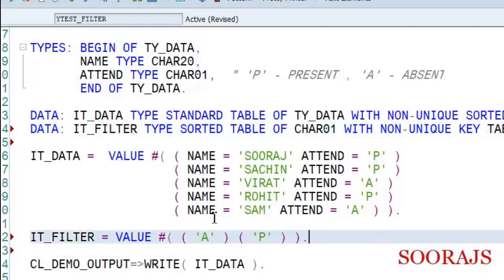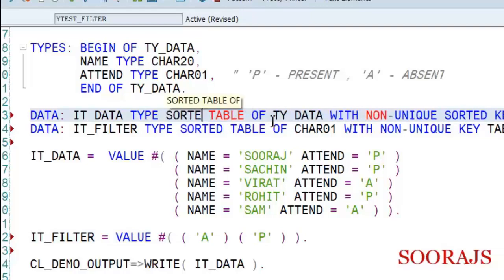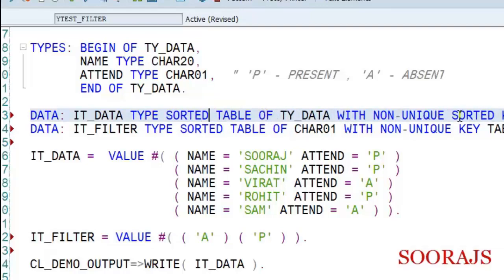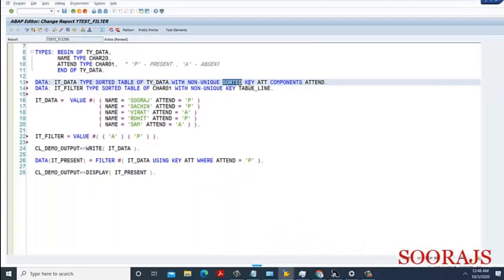Let me check the syntax first. It is syntactically correct. Now with this filter table, I'll change this to sorted table only, like how it used to be there. Sorted table with non-unique key as attend.